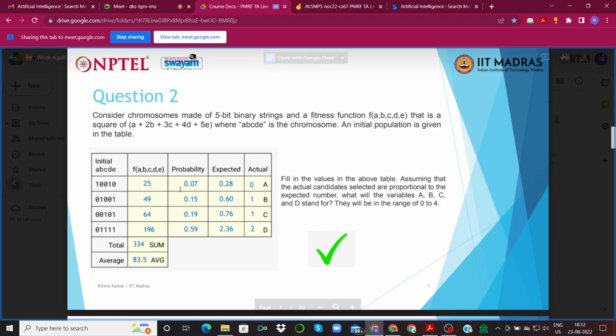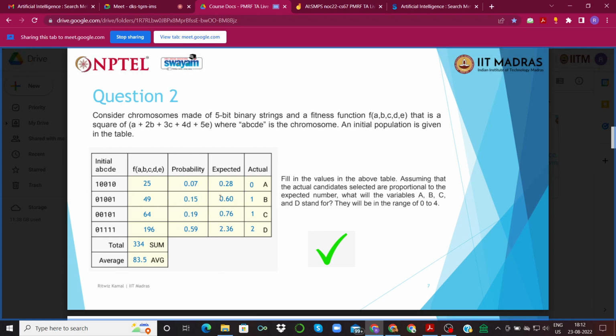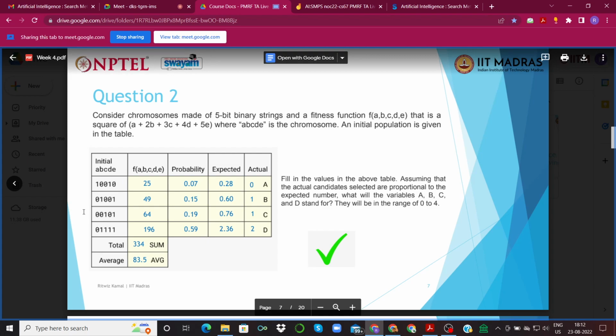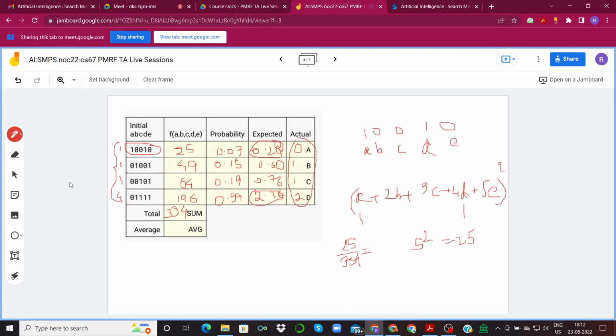For doing that, we are calculating the probability and then the expectation, because there are four particular strings over here. Let me give a quick explanation: let's say this was a wheel, and you had different sectors corresponding to the probabilities of the four strings.